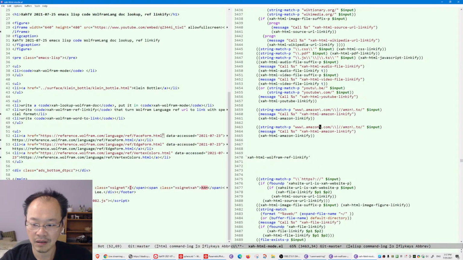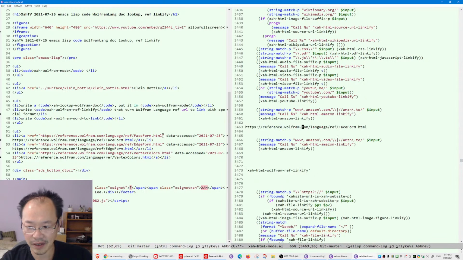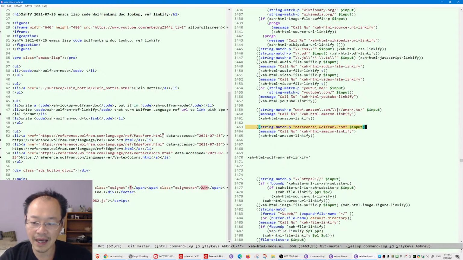So here is the format of Wolfram language. So you check for that. If you see that, that's a Wolfram language URL. Then you call